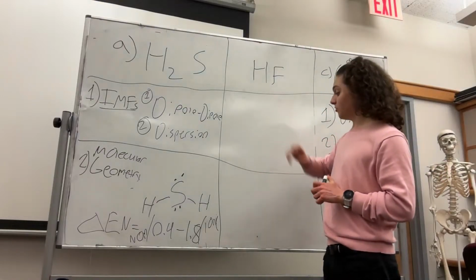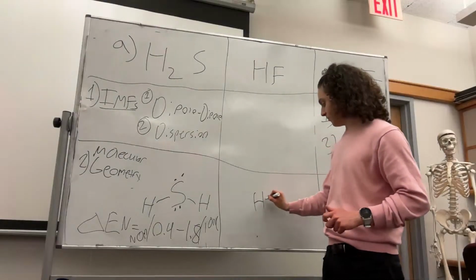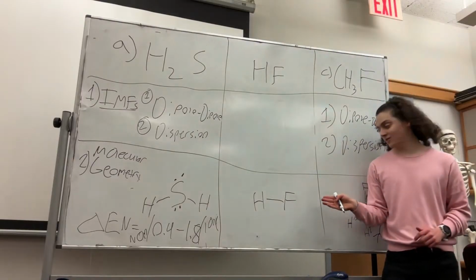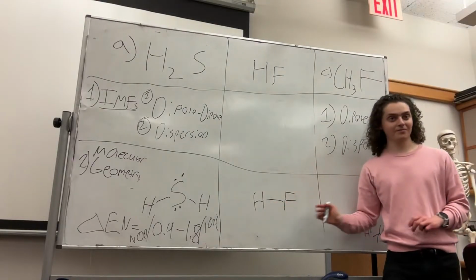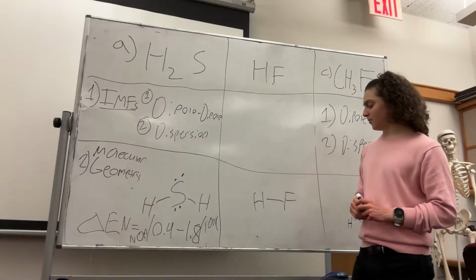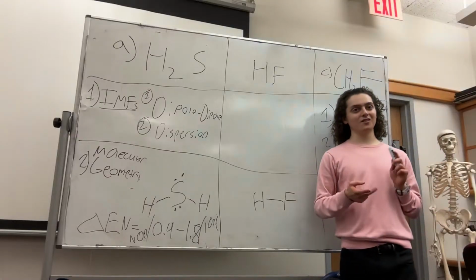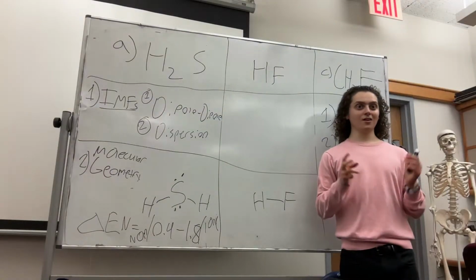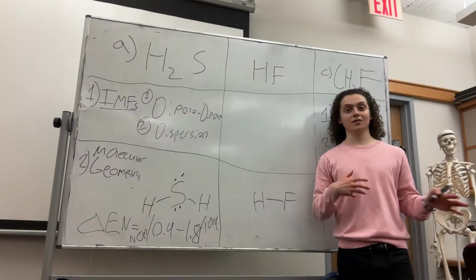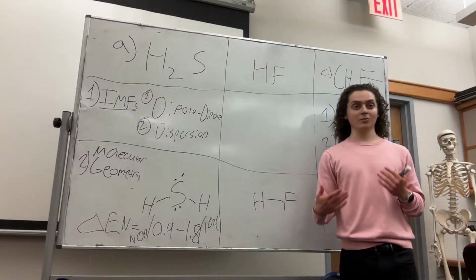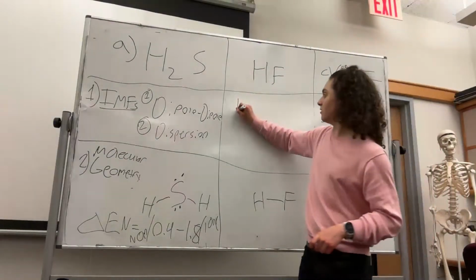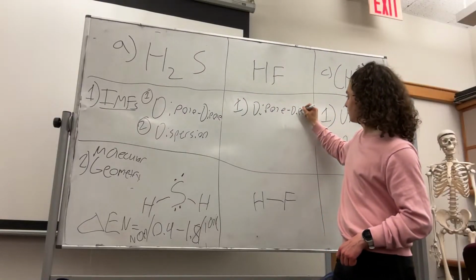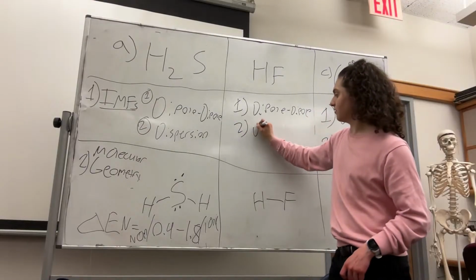Cool. 2, this is not a symmetrical structure because on one side you have H, the other side you have F. There's nothing balancing out here. It's a dipole that points directly towards the fluorine. But there's another thing that happens with nitrogen, oxygen, and fluorine when they are bonded to hydrogen, which is hydrogen bonding, quote unquote hydrogen bonding, because it's not actually a covalent bond, but it is a type of intermolecular force. So we're going to have 1 dipole-dipole, 2 dispersion,